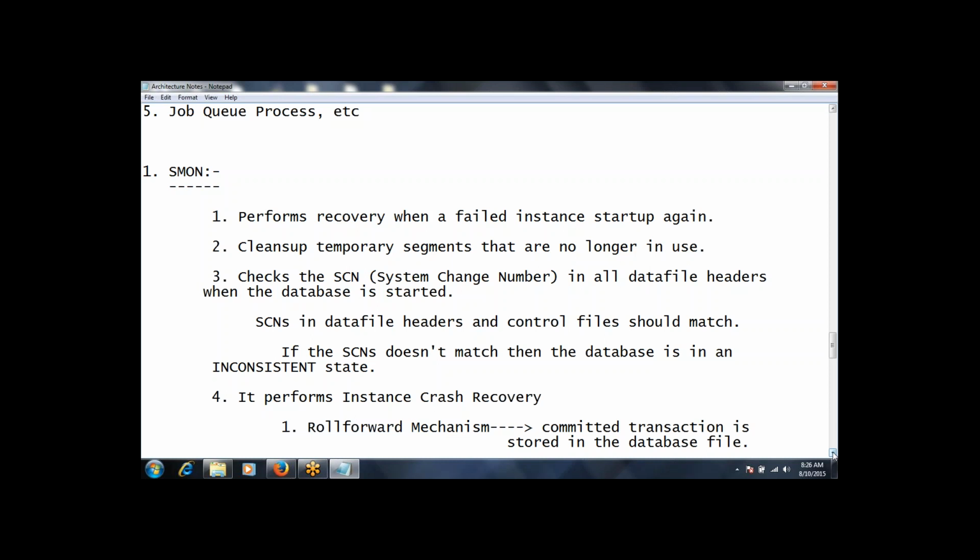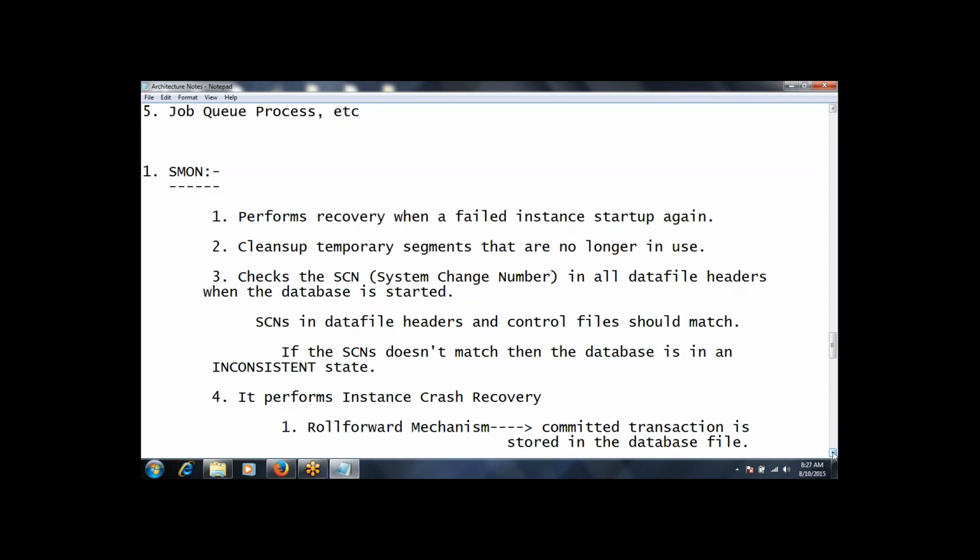In simple terms, the SCN number should match in data file headers and also in control files. Then only the database will be up and running.